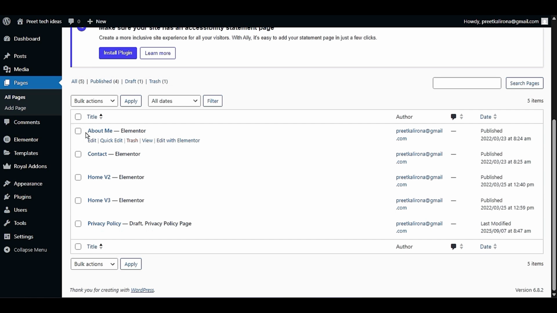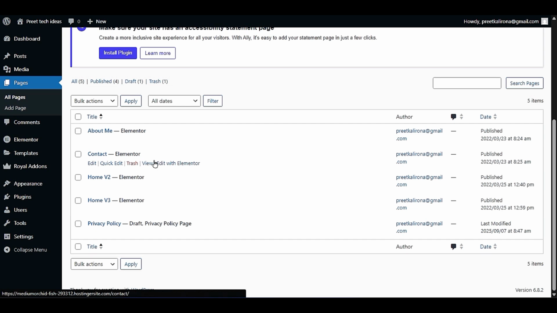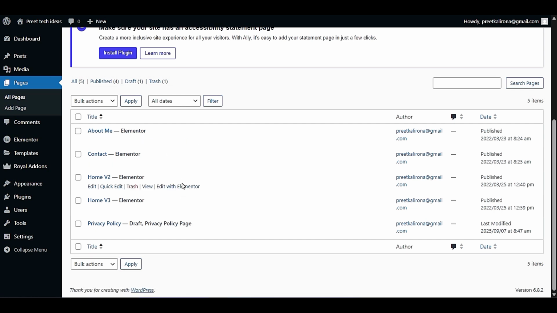For example, we want to customize or edit the About Me page. So I will look for the option here, Edit with Elementor. Every page has this option, Edit with Elementor. Okay, for example, you want to customize the contact page, you have to click under the